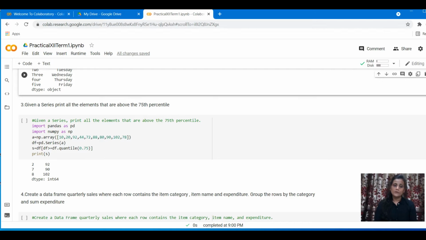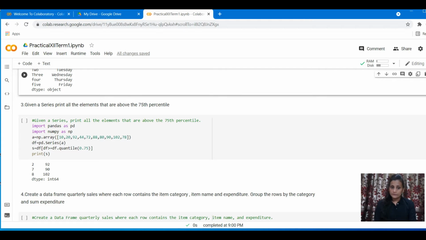When we have a domain of values, suppose you have values from 1 to 100, and you want to find out how many values are between 0 to 25, 25 to 50, 50 to 75, and then 75 to 100. If you just want to divide the range of values that you have into 4 parts, you can use this function, that is quantile.